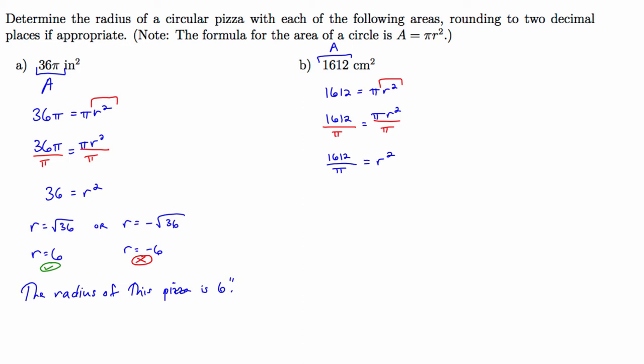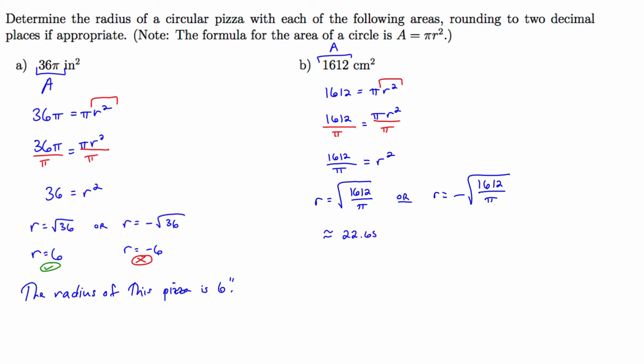But we're back at a place where we have a variable squared equals a number. So if r squared equals 1612 over pi, then r either equals the positive square root of 1612 over pi, or r equals the negative square root of 1612 over pi. Now the fact is that pi does not divide evenly into 1612, and so at this point I will need to make use of a calculator, and I will be rounding my answer to 2 decimal places. So in my calculator, I will simply type in the square root in parentheses of 1612 divided by pi, and once I type that in and hit enter, my calculator says that is about